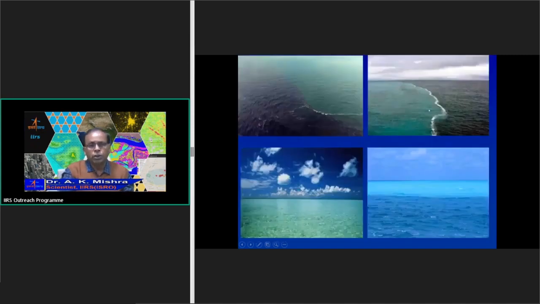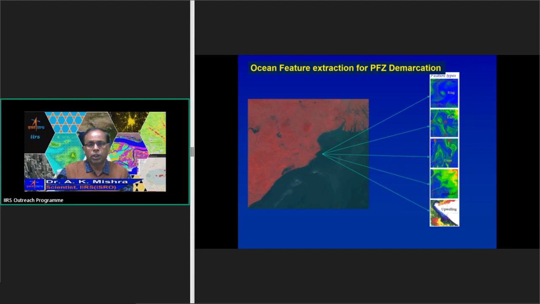And this shows the different color of the water, which is indicating the color front, and different fronts can be identified using the ocean color sensor, as well as you can also identify the thermal fronts, means dividing the water, warm water to cold water. These fronts are considered